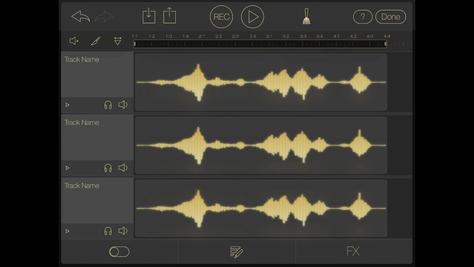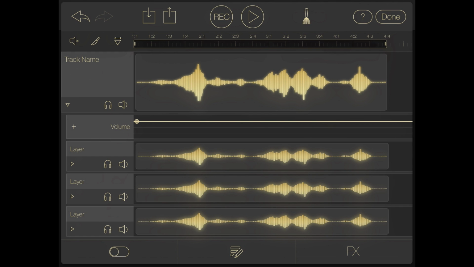So each of these clips, there can be more than one, and you'll see if you import, the new one will appear at the top. Now these are separate, they won't mix with each other. So if you switch from one to the other, you'll only hear one at a time. They can also be different lengths from each other. So at the moment I just kind of copied and pasted here, but this could be shorter, it could be longer, and when you tap on it to select that clip, the timeline ruler here will change length to be whatever it should be. So there are these disclosure arrows here for each clip, and when you open them up, you see all the layers that make up that clip. Now all of these will mix together,